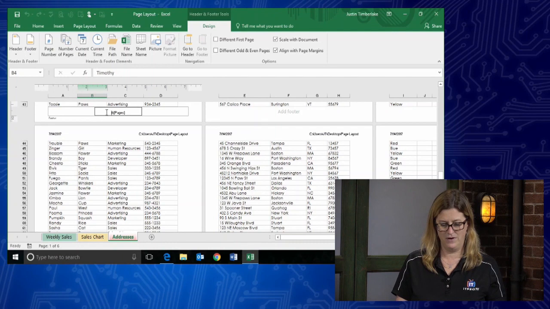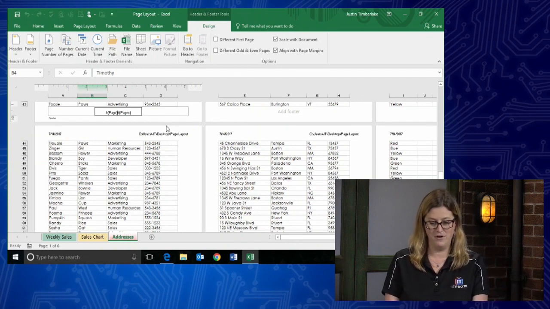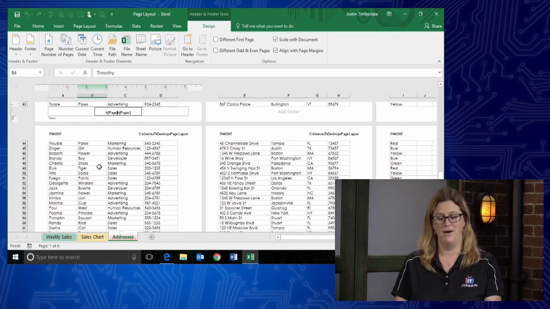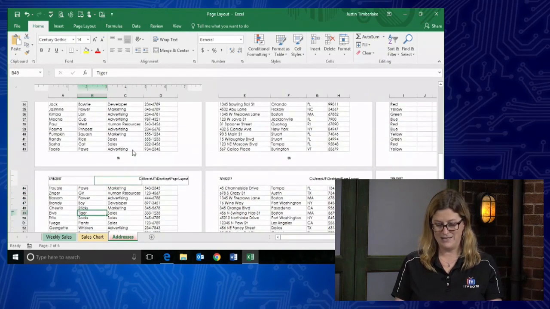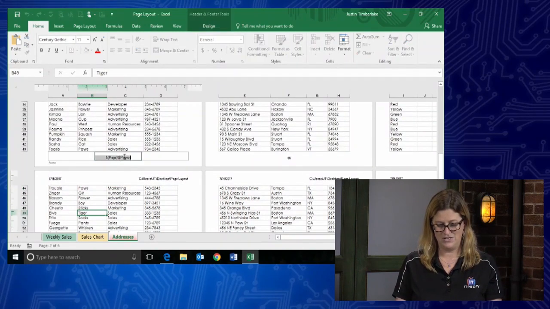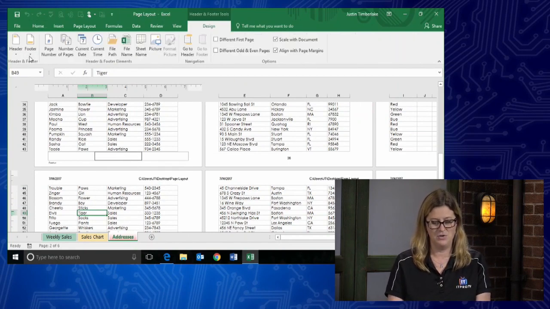I should actually put in front of that, I should put page and then number of pages. And then if I close out of this, how do I get out of the header and footer? If you just click into another area of the document, or in this case the spreadsheet, then it takes that contextual tab away, and I can see I actually changed that number wrong, sorry, that was a little messed up, so I'm going to go ahead and delete that out, and then I can come into these drop